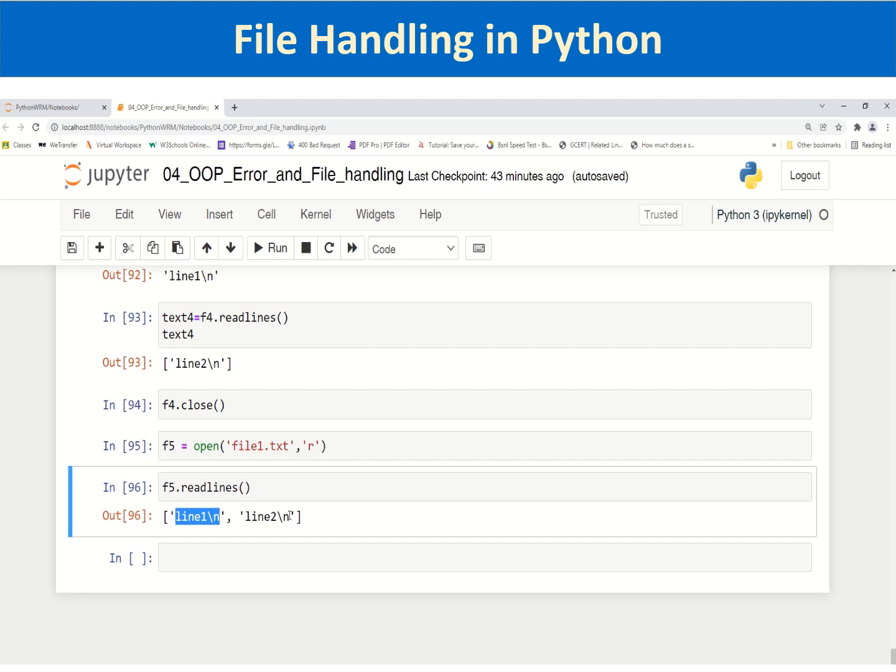And if you are opening the file in read mode and making use of the readlines method, you will be generating a list of all the lines in the form of strings. Then you have to further process the list for getting any particular data. For example,